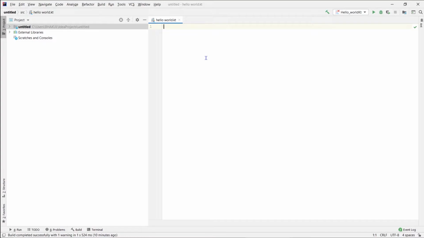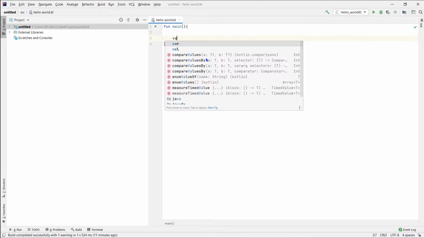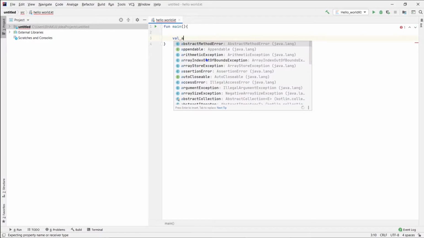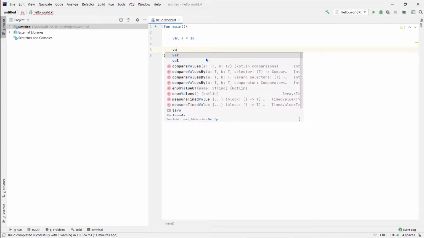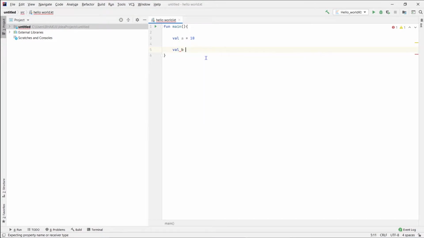Okay, just go to the fun. So fun, this is the first syntax, fun parenthesis, and in the body declare two variables. Let's say a equal to 10, b equal to 20.